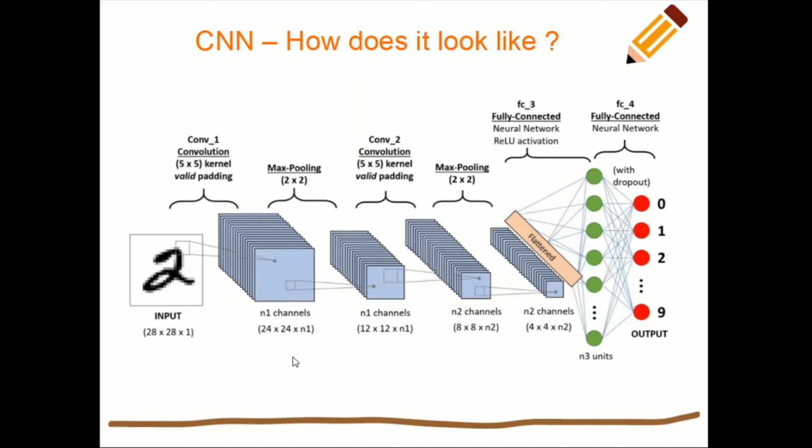So this is the overall architecture of the convolutional neural network. For example, we are giving this input which is a 28 by 28 grayscale image, so that is why there's only one color channel here, and then we are applying multiple kernels to it. The multiple filters are going to be applied to the image, and then we actually do the max pooling. Okay, so we apply the convolution and we do the max pooling on it, and then once again we apply another convolution layer, and once again we apply the max pooling to it.